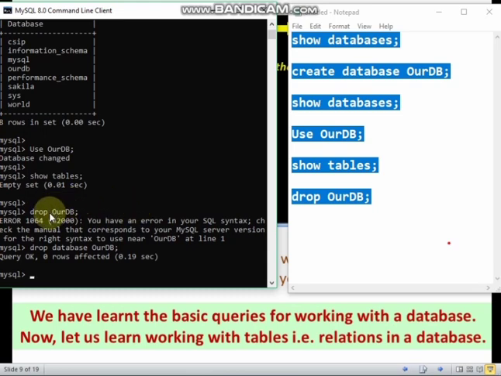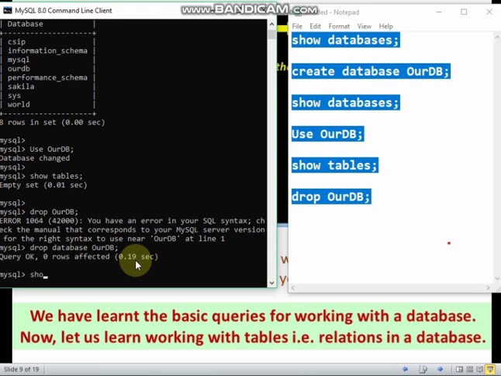So this is a wrong command which I gave, and then it showed the error 1064, and then it will write what is the problem behind this, and then I understood that it is missing something, so the syntax is not correct. So then see, when I have written this, drop database OurDB, this query is running okay, and the database has been dropped.